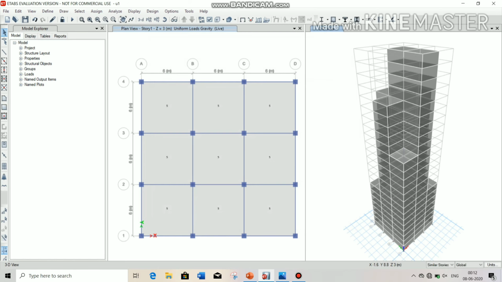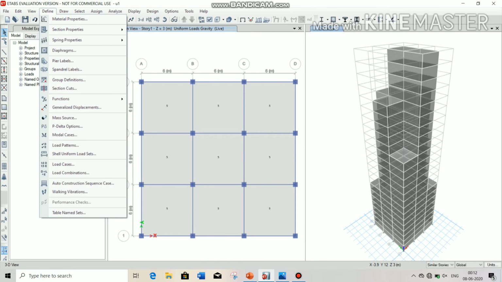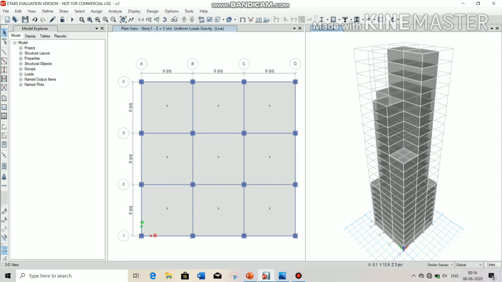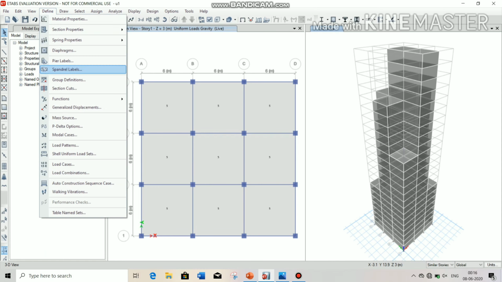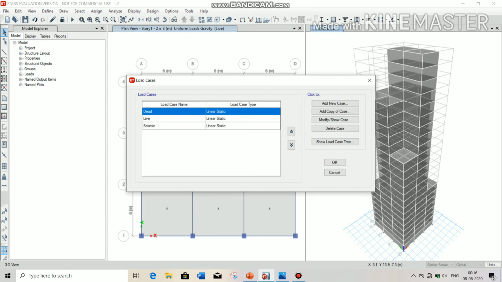After defining the response spectrum method from function, again you have to go to Define and click on Load Case, select seismic from here and click on Add New Case.